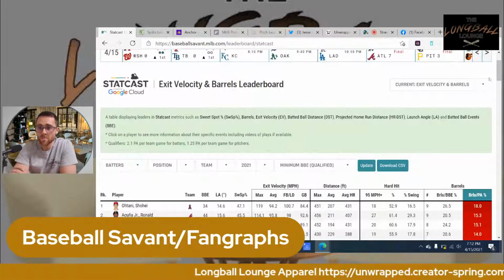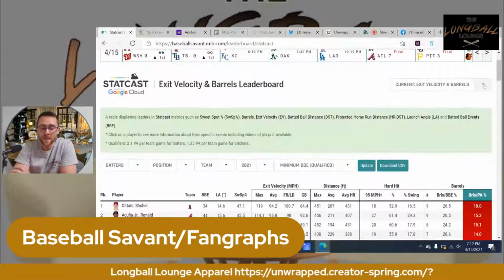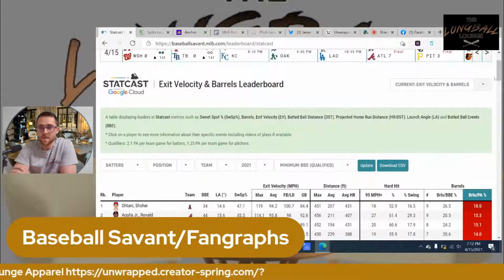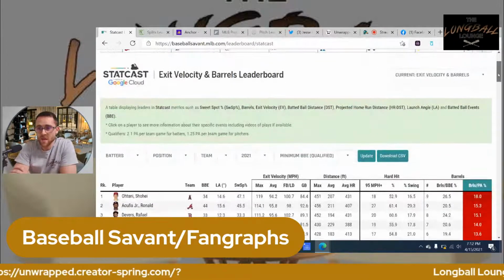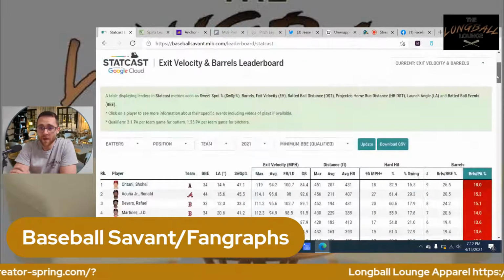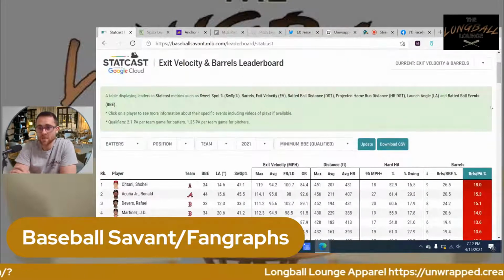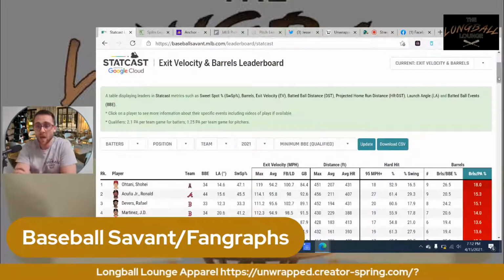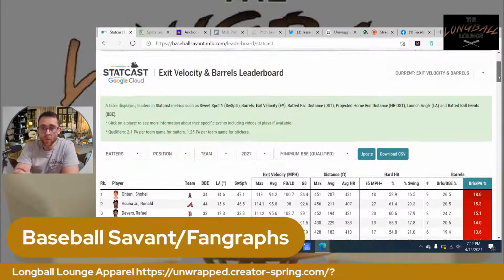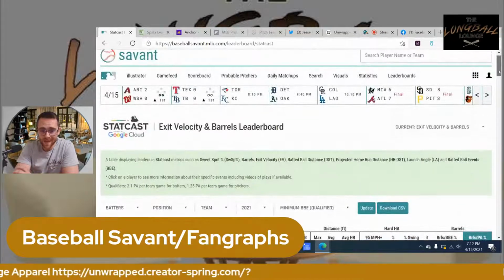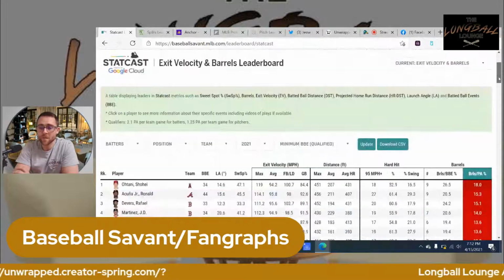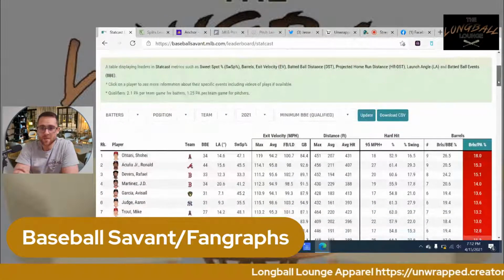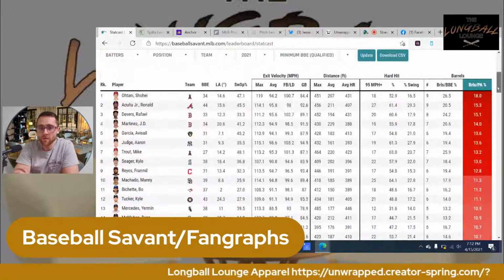So from a hitter's perspective, what's important? Hitting the ball in the air is more important than people think. We're talking exit velocity, hitting it hard, hitting barrels on the sweet spot. Sweet spot percentage is actually a stat here. Contact percentage: we want our hitters to make contact. We don't want them striking out. Those are the important things for hitters. So these are the important things I'm looking for.